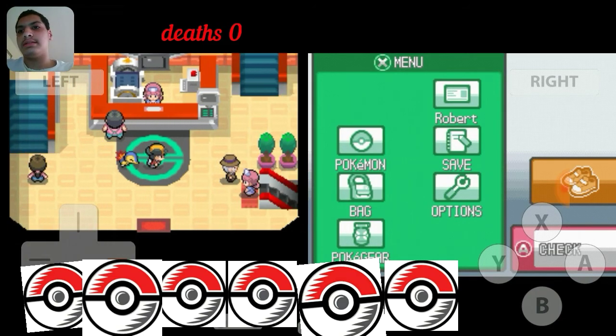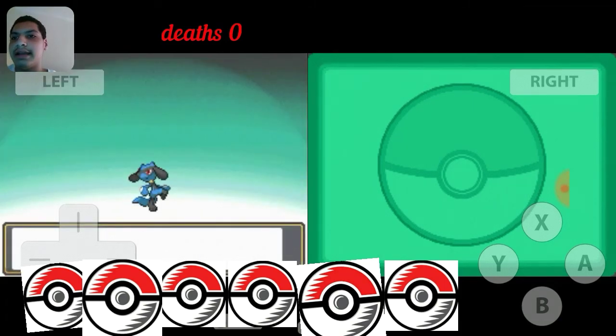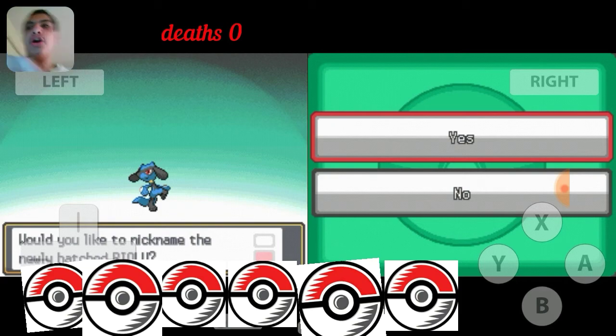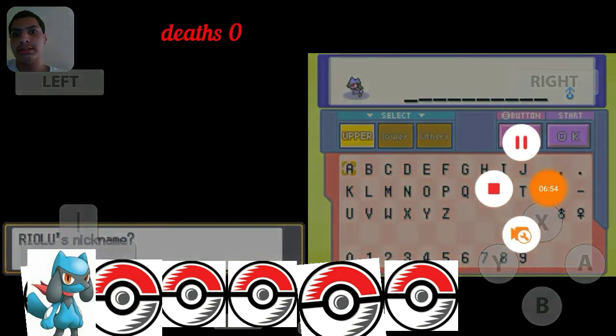Wait, it's... Okay, I was about to say, that's taking a little bit to hatch. Thought I didn't have it on for a second. No, I did. Not electric type, and that's actually kind of bad for the first gym now I think about it. But you know what? I like Lucario. Lucario is one of my favorite Pokemon. So, it's a male. We'll call you...